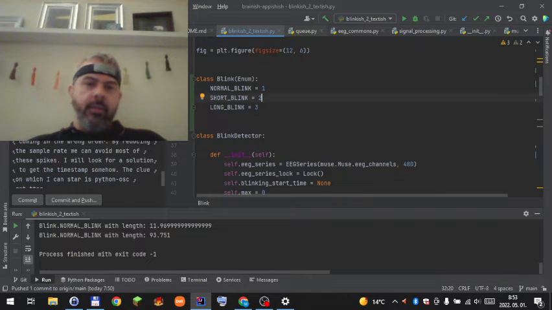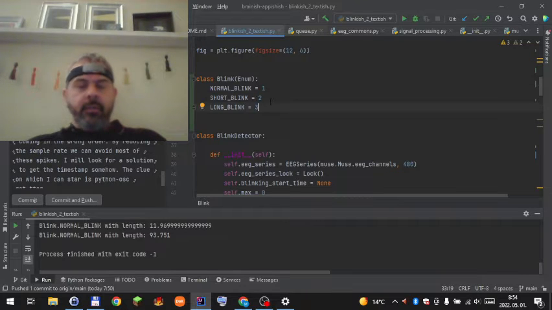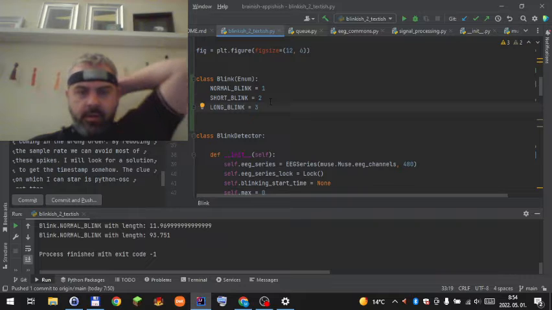This is what I will use as a source of information, which I can convert to characters using the Morse code. The short blink will be the short sign